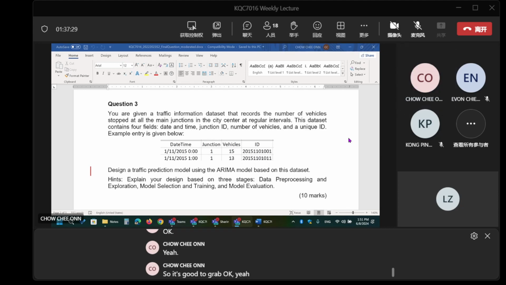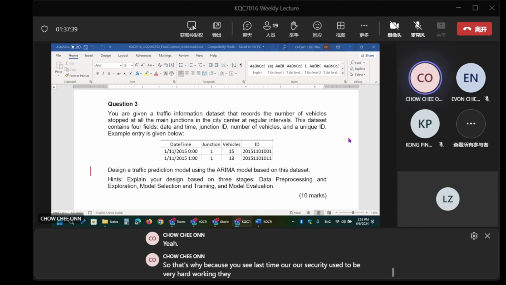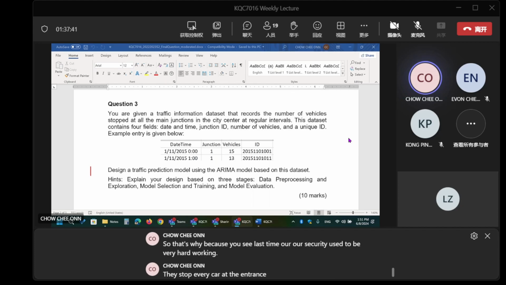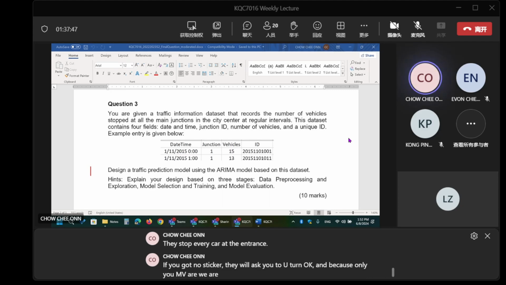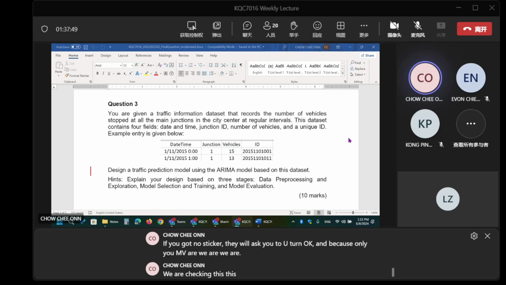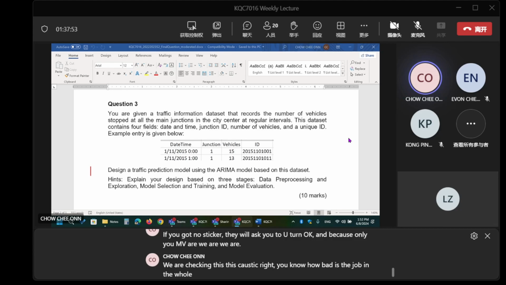Okay, yeah. So you see, last time our security used to be very hardworking. They stopped every car at the entrance. If you had no sticker, they would ask you to U-turn. And because only we were checking the car stickers, you know how bad the jam was in the whole PJ area?